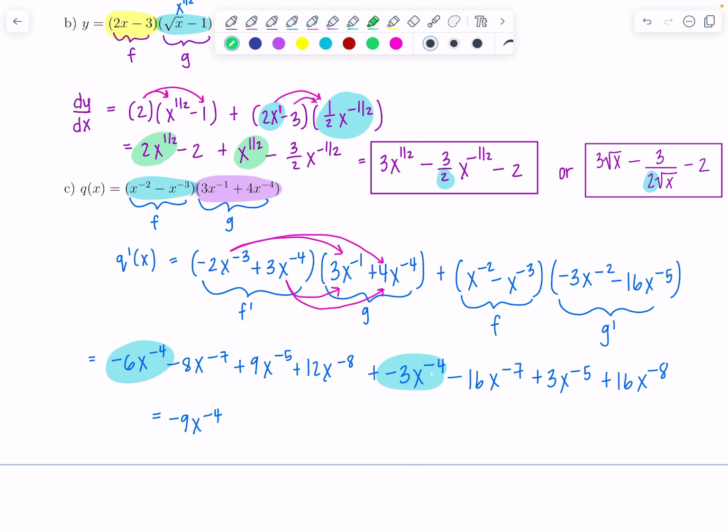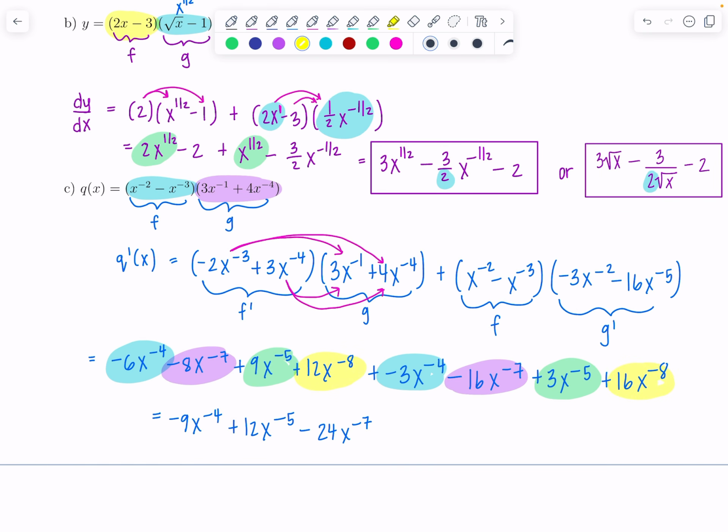What's next? X to the negative 5th. So I have 9 plus 3, so altogether 12, x to the negative 5th. And then next would be negative 7. So negative 8 and negative 16. So that gives me negative 24, x to the negative 7th. And then lastly, 12x to the negative 8th